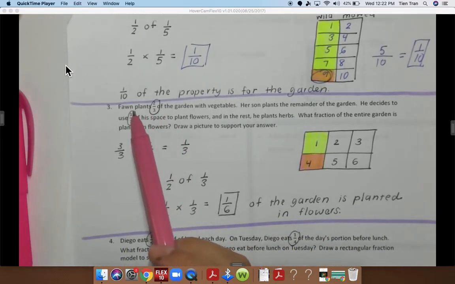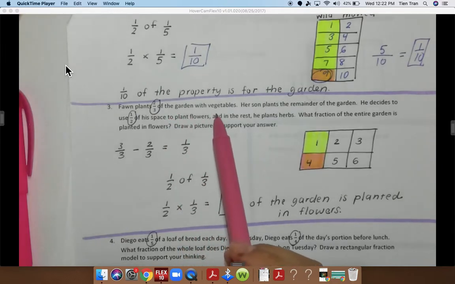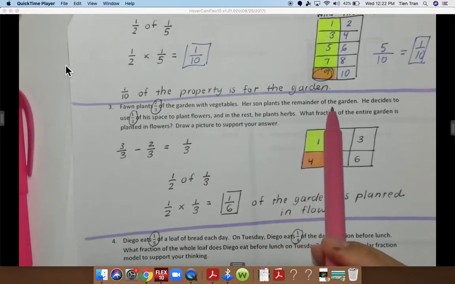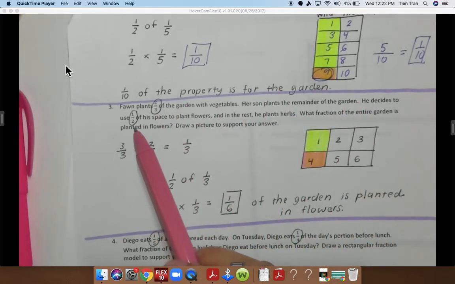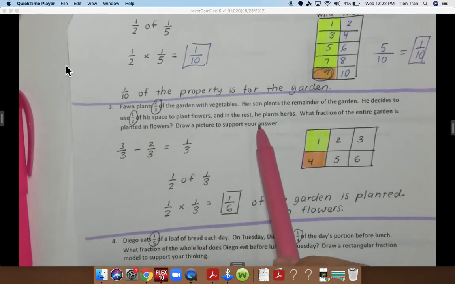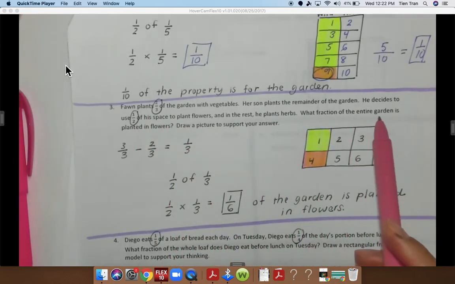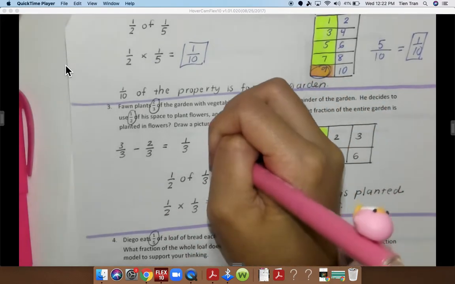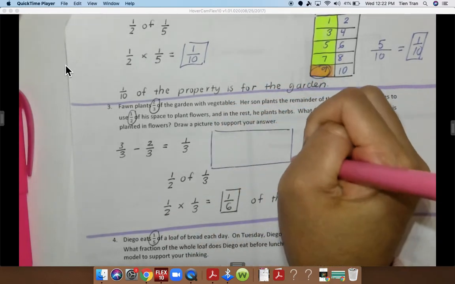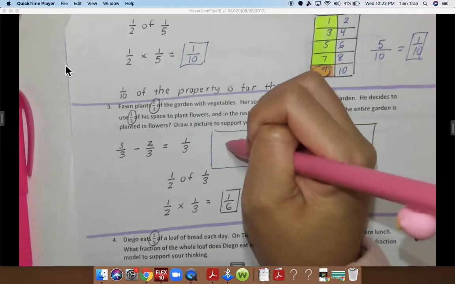Problem number 3. Fawn plants 2/3 of the garden with vegetables. Her son plants the remainder of the garden. He decides to use 1/2 of his space to plant flowers, and the rest he plants herbs. What fraction of the entire garden is planted in flowers? So I'm going to picture this right here. Here is Fawn,